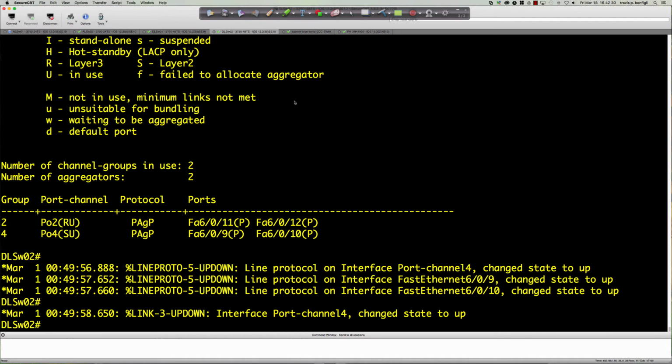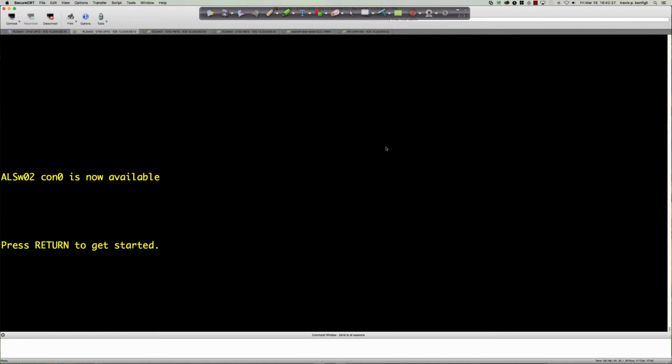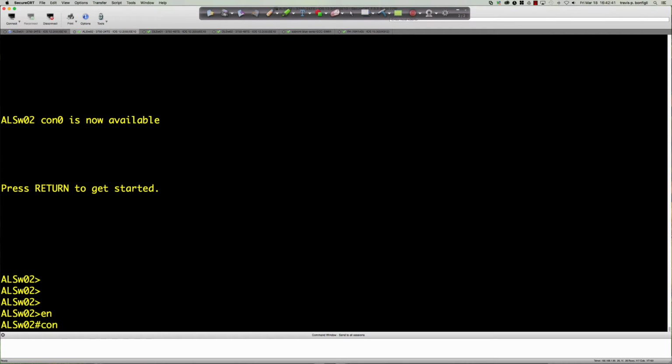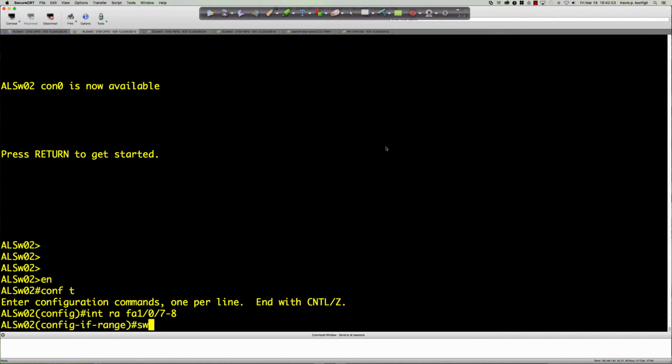All right, so we are up and bundled. Let's go ahead and take care of the last EtherChannel. It's going to be EtherChannel or Port-channel 3 here. We'll go from user exec to privilege exec into global config. We're going to say interface range Fa1/0/7 to 8. So switchport